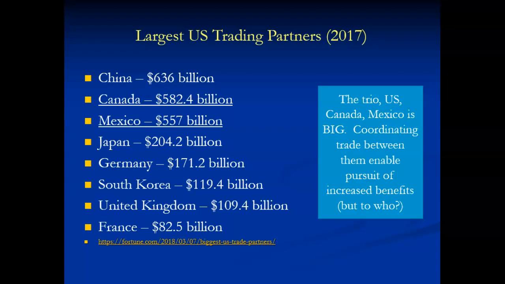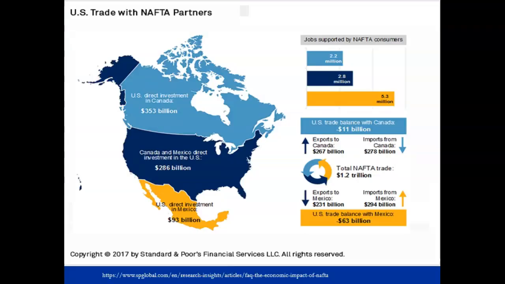So one of the key questions then is, benefit to whom? I'd like to point out that the primary benefit is to those who can make the most amount of profit, because that's what drives the economy. Here's a quick graphic that shows the three nations and a little bit about the flow of goods, really just the value of the goods, not money in particular. It also shows you the jobs that are supported.